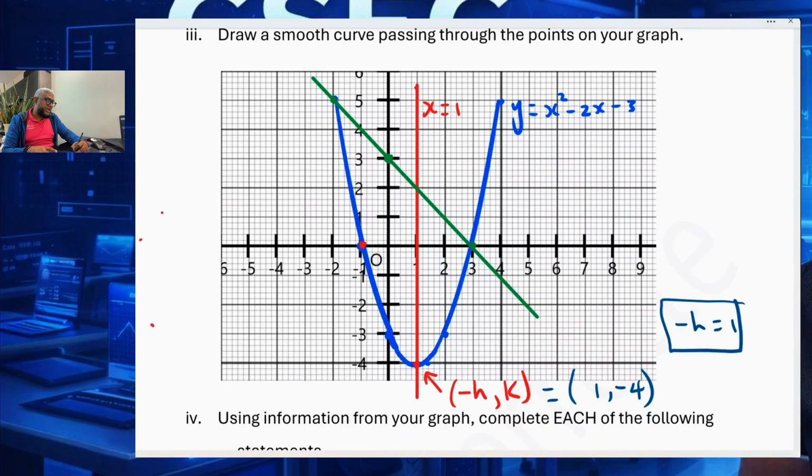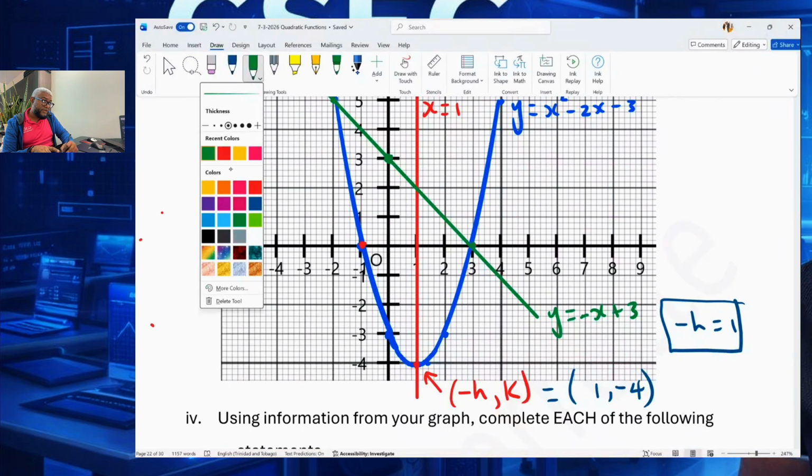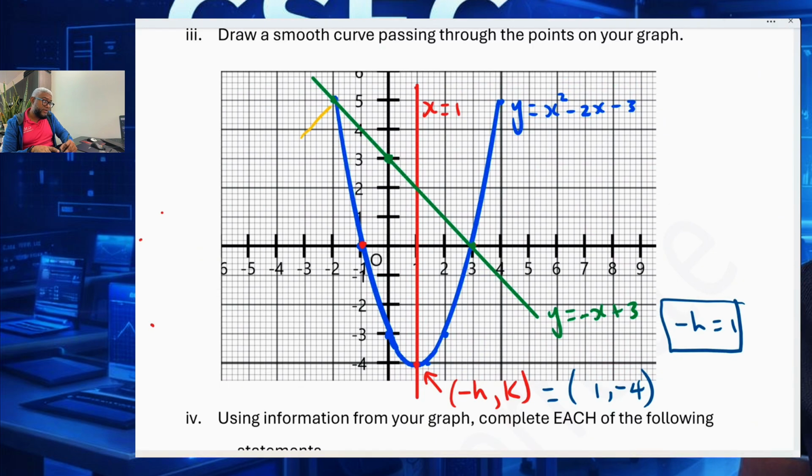We need to label this, right? This will be the line y is equal to negative x plus 3, right? So where the line and the curve intersect would be the x values for when the quadratic is equal to the linear, right? So let me just give you all a clear visual here, right? So you see these two points over here, these will be the values or the coordinates,